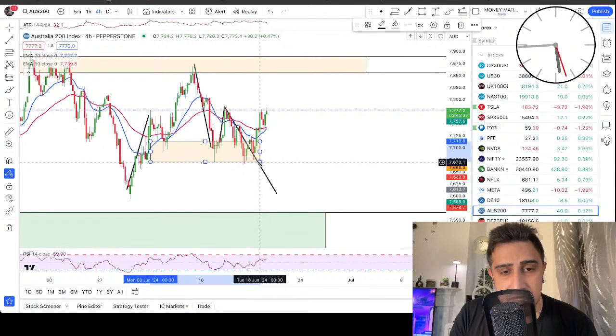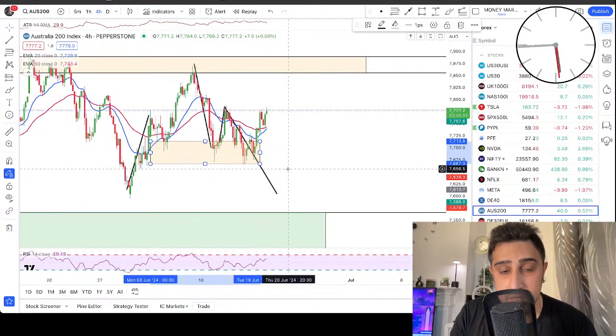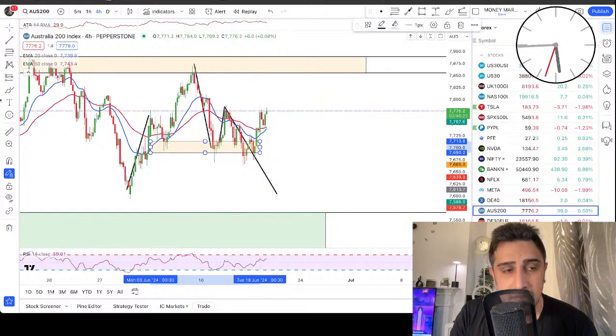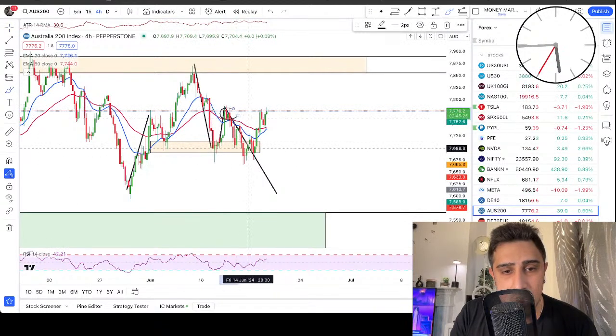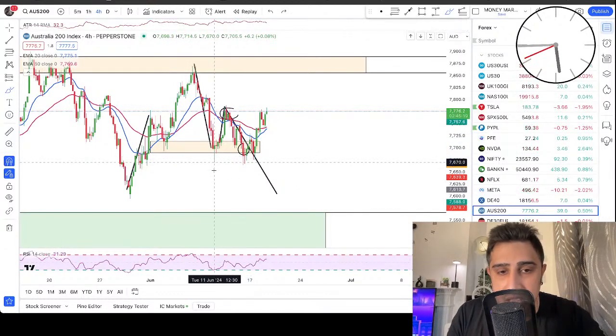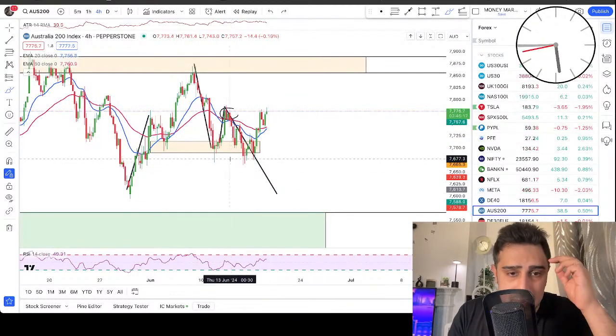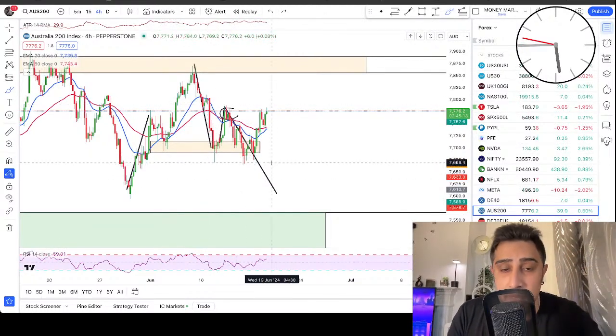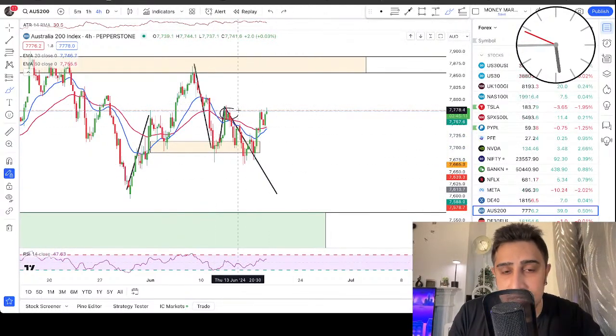I just adjusted the box here. That's why I did not break below the box. It was something like this yesterday. This entry played out, but that wouldn't have played out. So if you have entered at the close, that did not play out, and that pushes higher. So that is now not a valid entry anymore. So we are now looking at the upside. The direction has been changed.